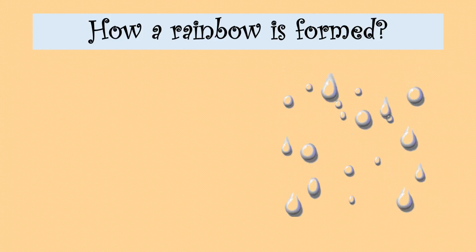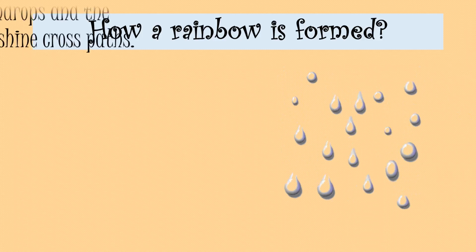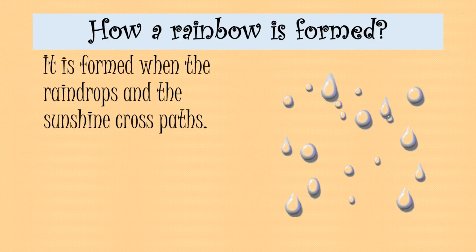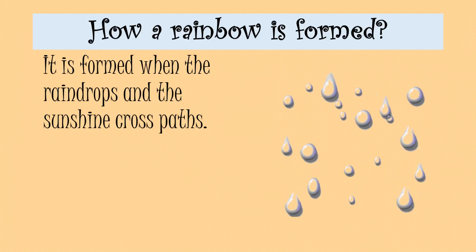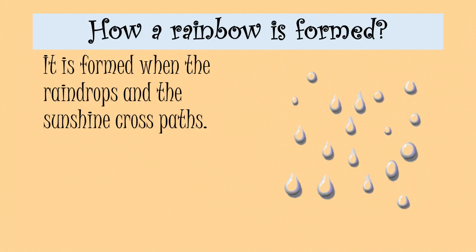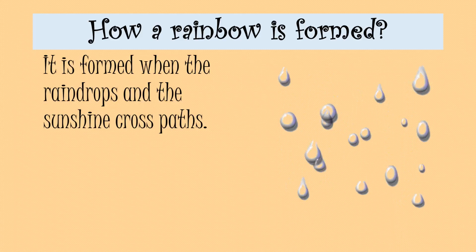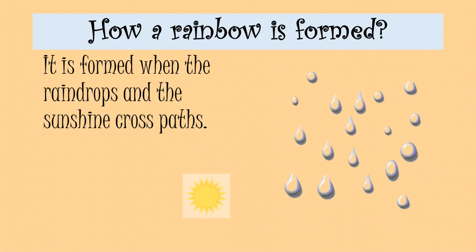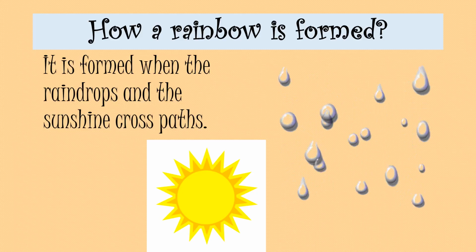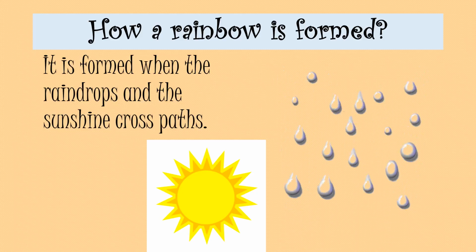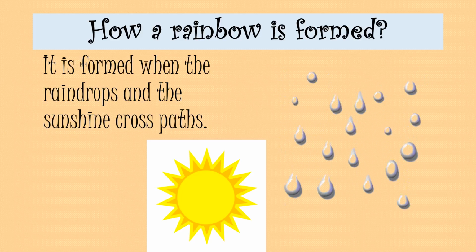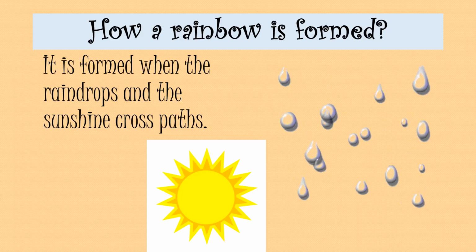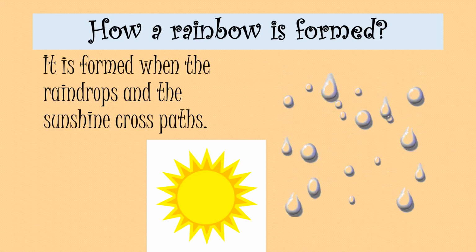Now I'm going to explain how a rainbow is formed. It is formed when the raindrops and the sunshine cross paths. Sunlight consists of all the colors of light, which add together to make white illumination. When sunlight enters water drops, it reflects off their inside surfaces. While passing through the droplets, the light also separates into its component colors,